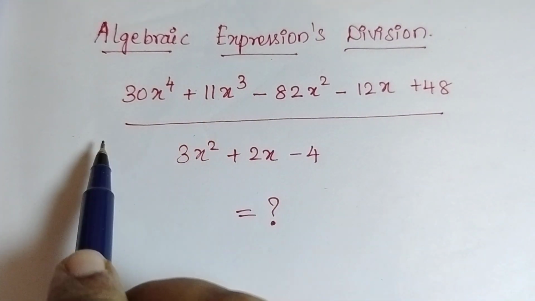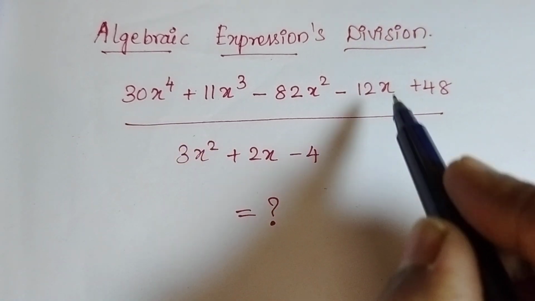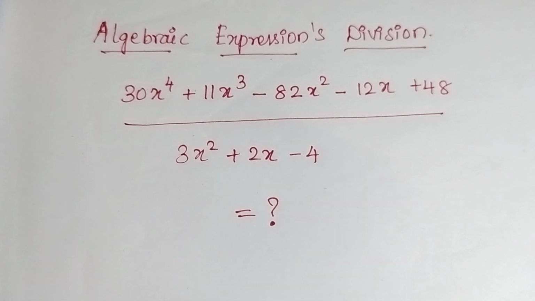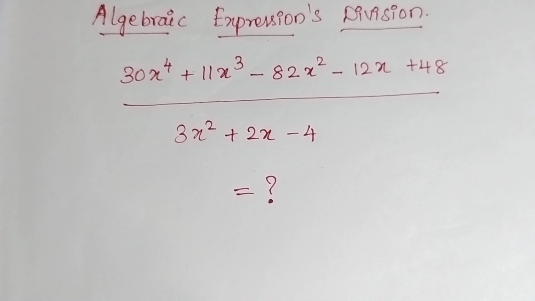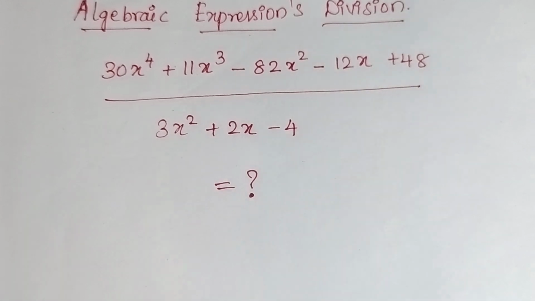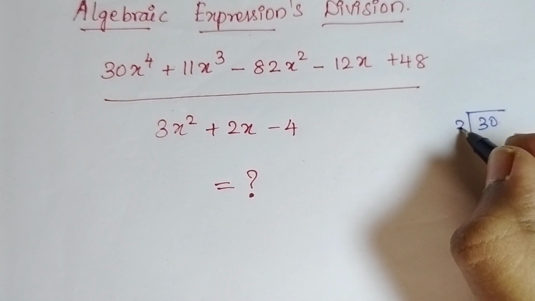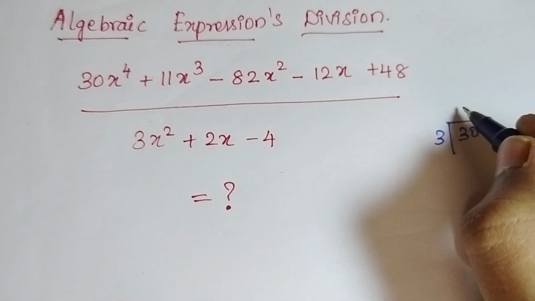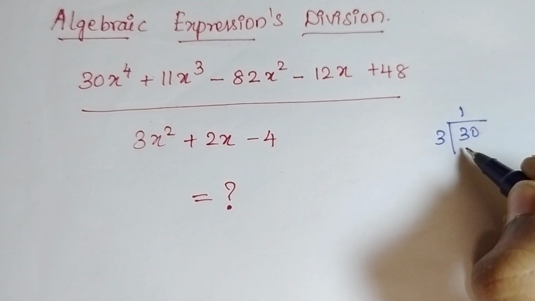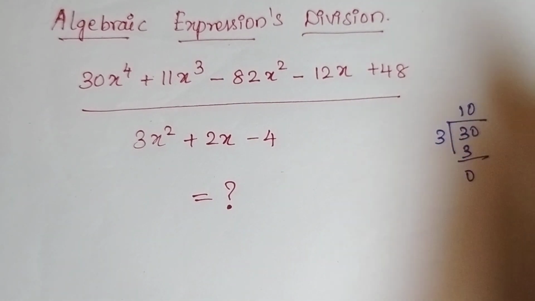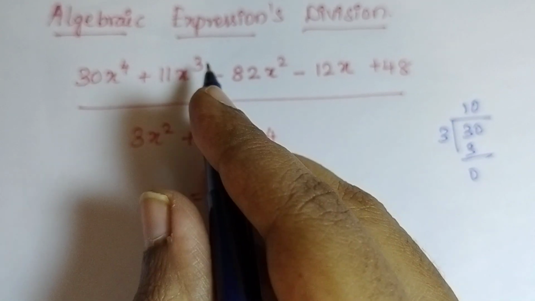Okay, so the algebraic equation is in division form. So I am going to follow the normal division method, how we usually divide a number. Suppose, for example, 30 divided by 3. How do we divide? 3 ones are 3, then 0 is here, so we put 0 here. Similarly, we have to divide these two